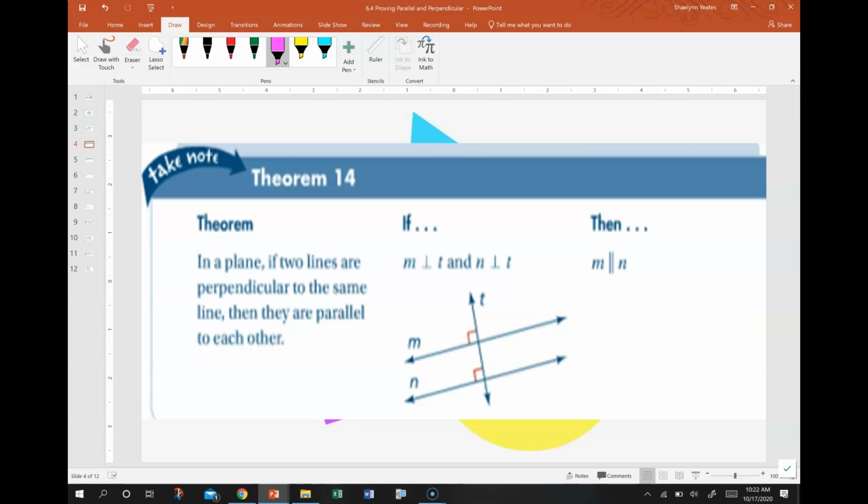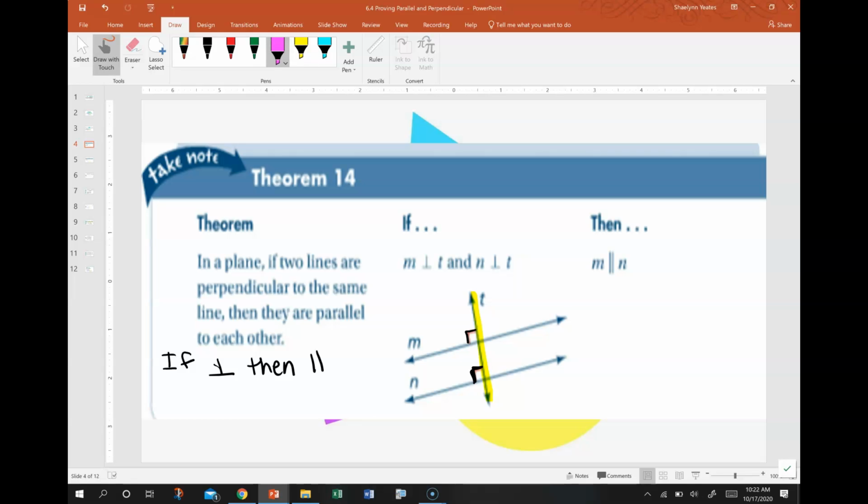This is my, I don't know it yet. We'll name it in a second. In a plane, if two lines are perpendicular to the same line, they are parallel to each other. I usually call this my if perpendicular then parallel, just because of what we're dealing with. So this is saying that if M is perpendicular to T and N is perpendicular to T, notice that they are on the same transversal,